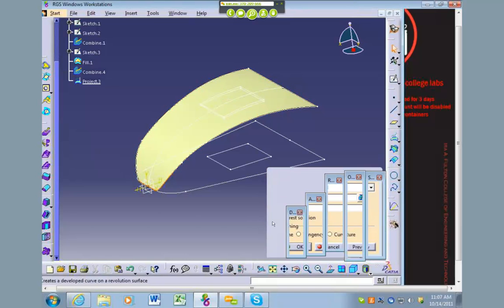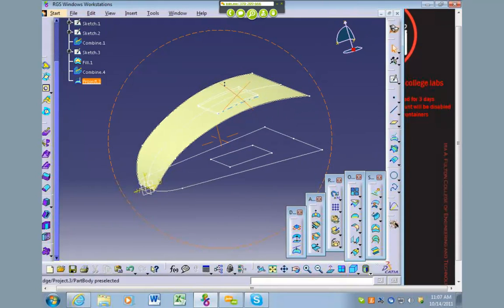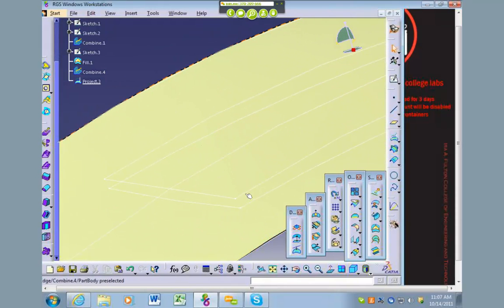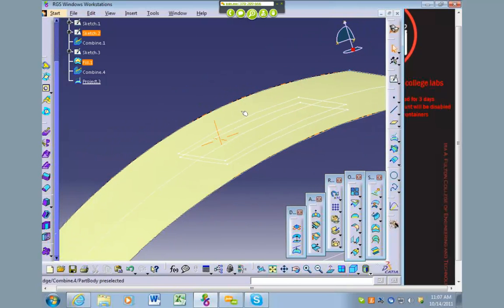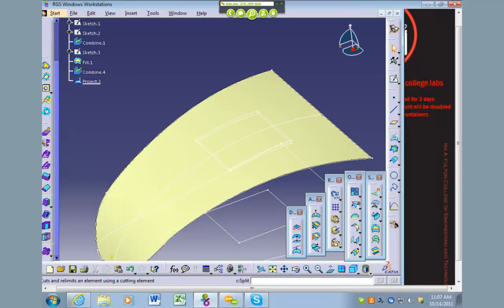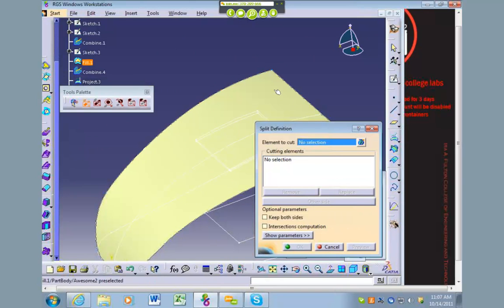And so it's a little bit offset, just a teeny little bit, but I think that would be sufficient to not make much of a difference. And so now that we've got those, we can go ahead and use the split tool, select the fill,